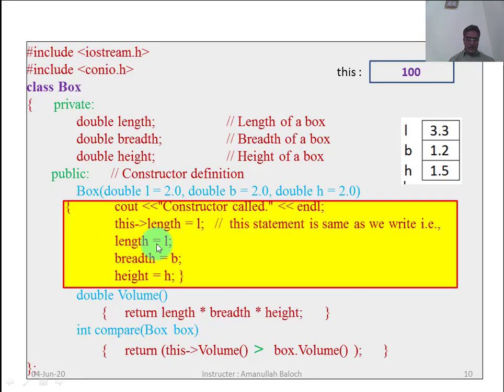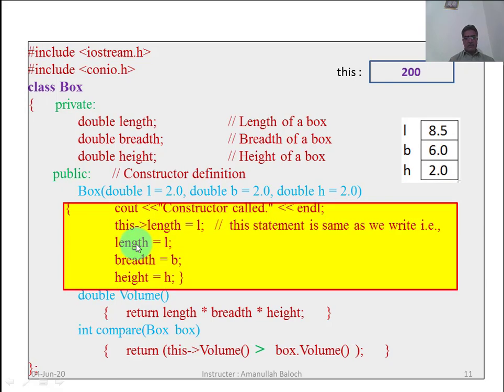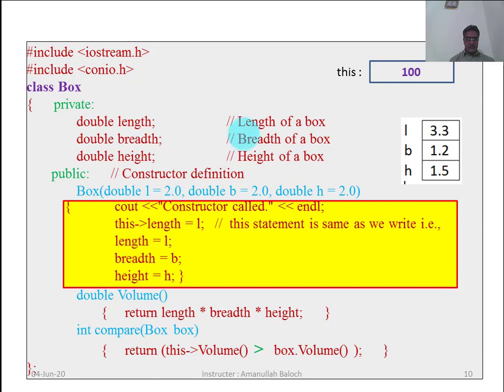And similarly, these two lines have the same effect. The value of L will be stored at the location of length whose address is stored in the location of this, and by default the value of L will be stored at the location of length whose address is stored in this.